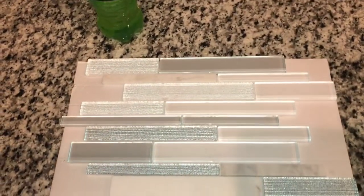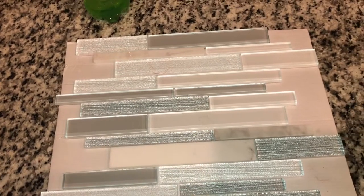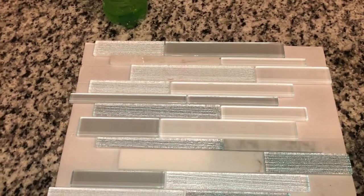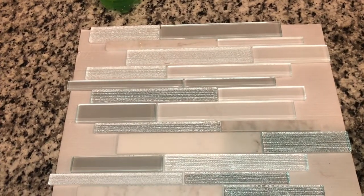Okay, so these are some tile options I have. Now I bought these tiles last year from Lowe's. They had them on sale. I have a lot of these in the closet because I bought them because they were on sale. However,